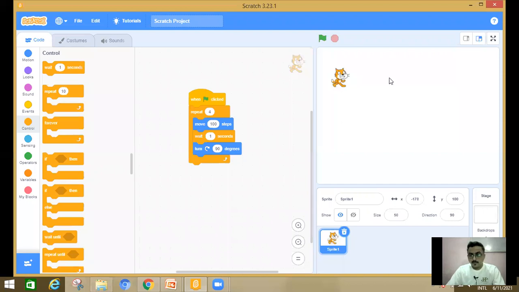It will go forward towards the end of the action area and again go to the back side. And it will happen forever until I stop it forcefully.